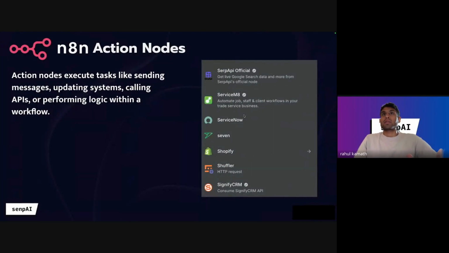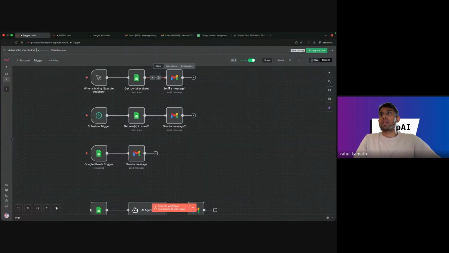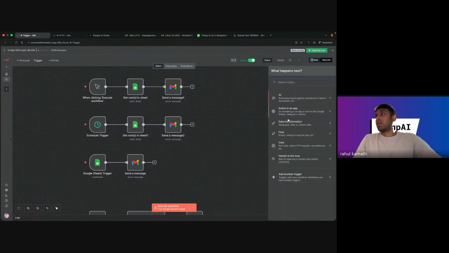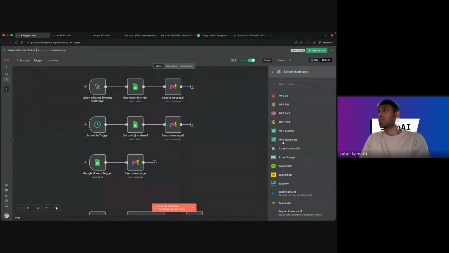Okay, so triggers is one thing. The next one is action nodes. When you want to perform a certain action, like getting rows from Google Sheets or sending an email, all these are action nodes. And n8n has integrations with 4,000 plus action nodes. 4,000 was about two weeks back when I checked. The number keeps changing, and it's definitely more than that.